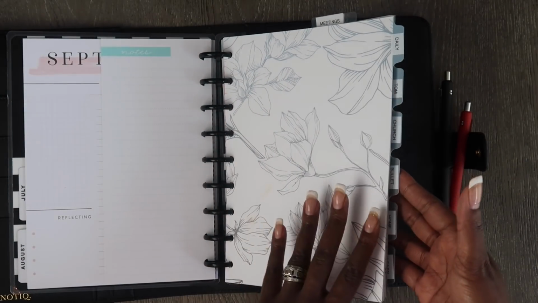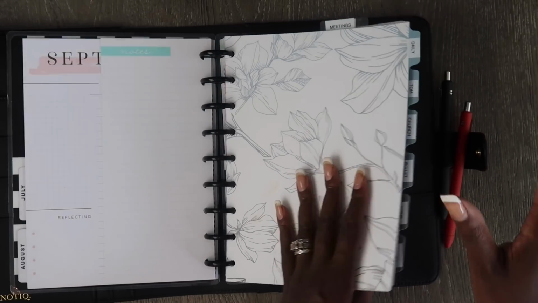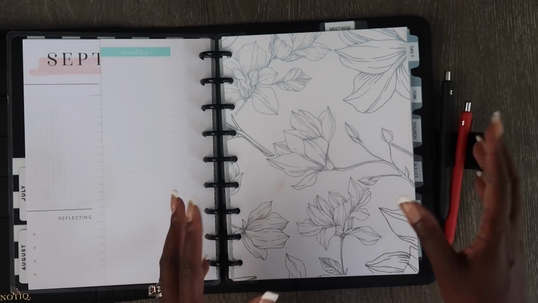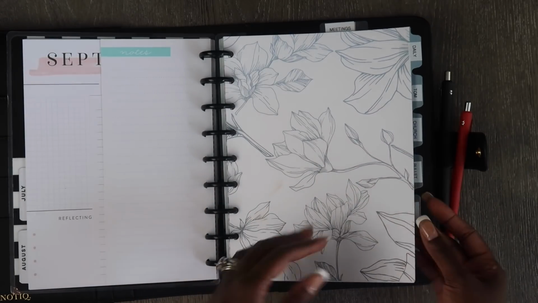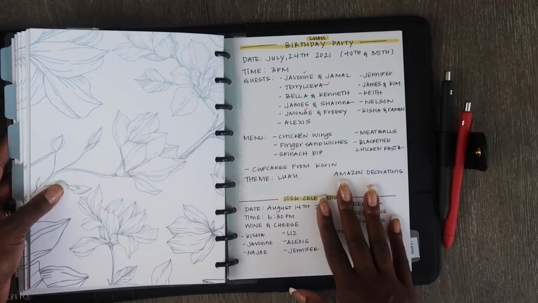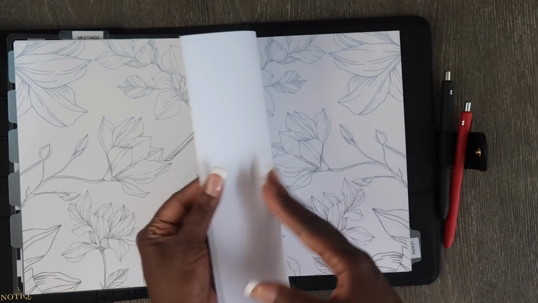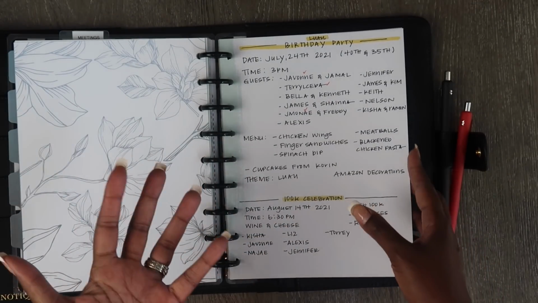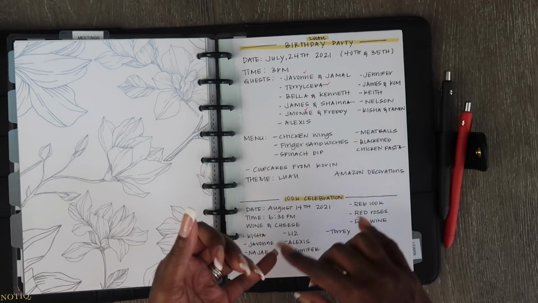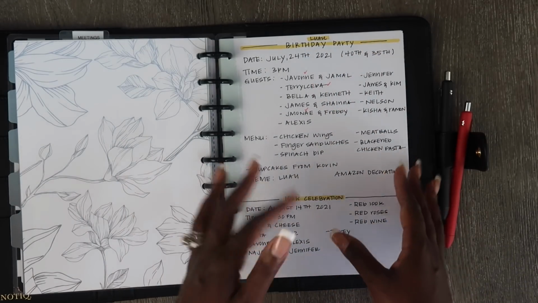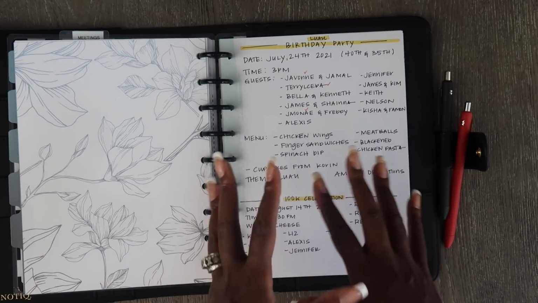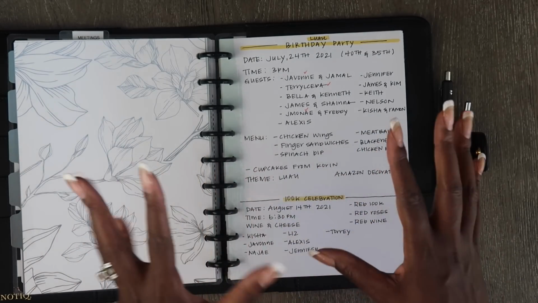But the reason why I love them so much is because you get 6 dividers. I love being able to have 6 dividers because it really means that I am able to have a section for every single area of my life. For instance, if I flip to my home section, this is an area where I have a blank sheet of paper and I mainly use it as a notebook to where I can plan different things that are coming up, like birthday parties or celebrations or house projects or any things that we are doing within our home section